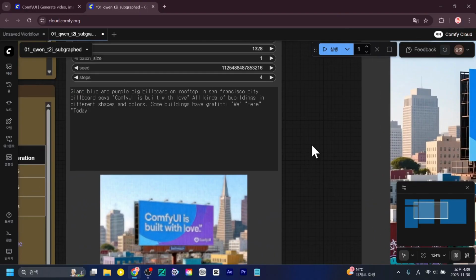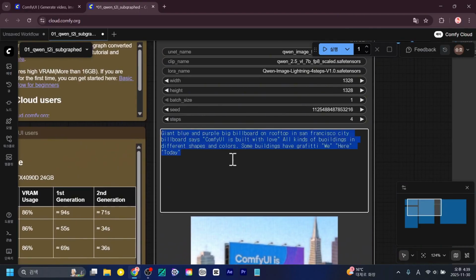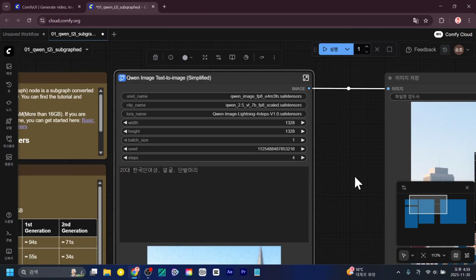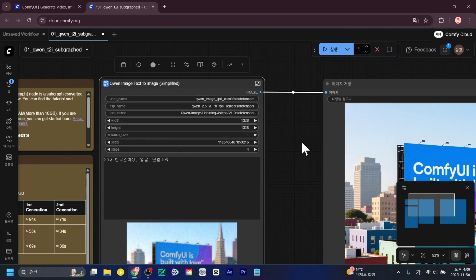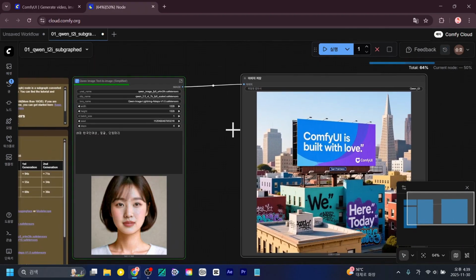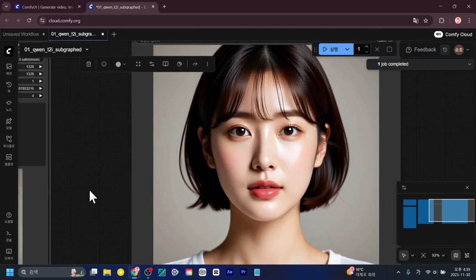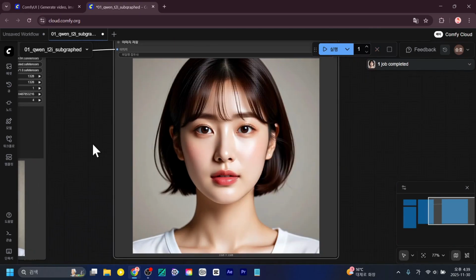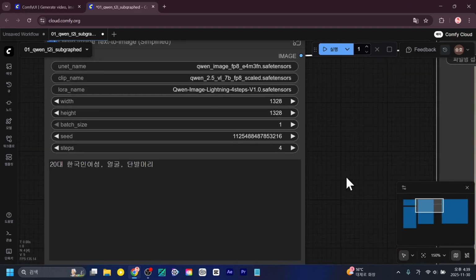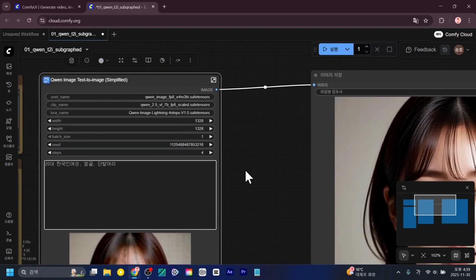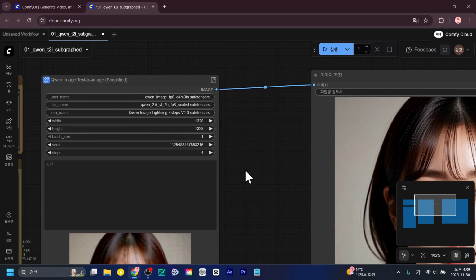Text-to-image works really well, but let's see if it also works well with Korean prompts. Let me go ahead and run it once. Normally ComfyUI supports English prompts, but it looks like it works with Korean prompts too. It seems to have generated the image with its own unique texture like this. So it seems like it's just about at this level, which is nice. Anyway, it's interesting to see that Korean prompts work.